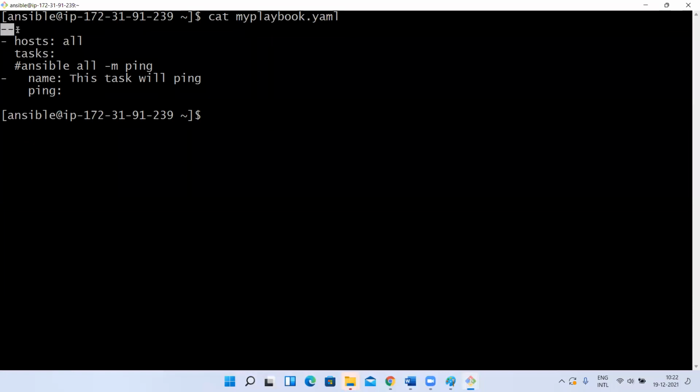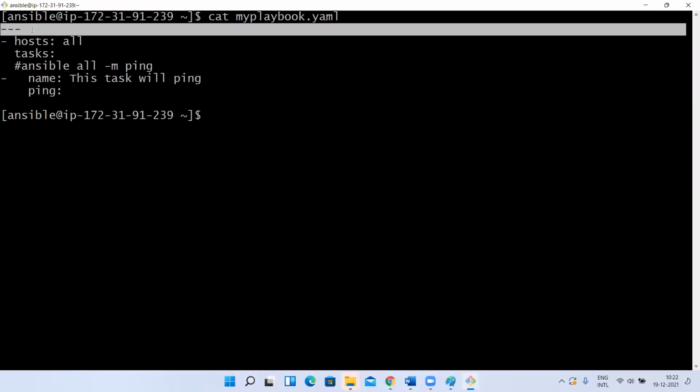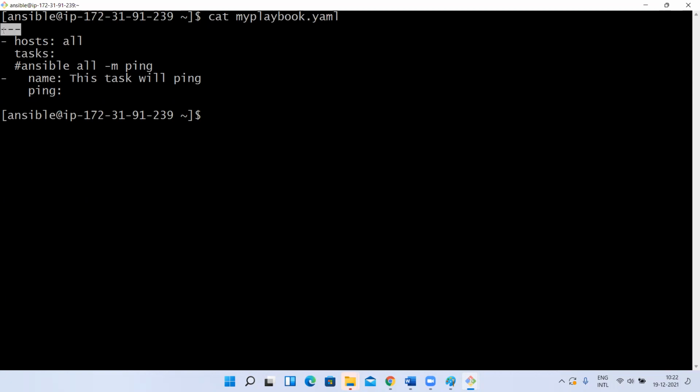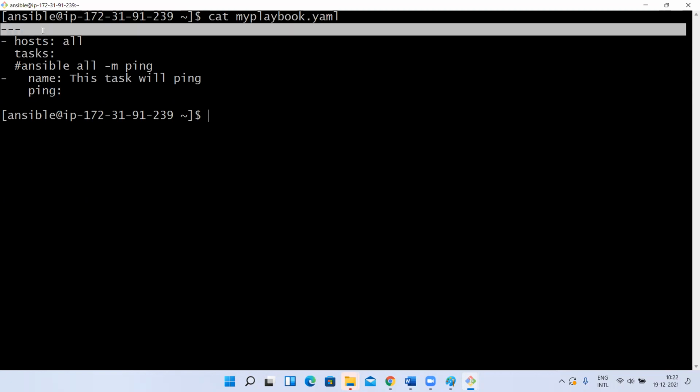Inside the playbook, there are 3 lines. The first line indicates what? This is a YAML file. Like a shebang line in shell scripting, we can write it to indicate this is a YAML file, but this is optional. It is not mandatory. But if you write this, wherever you are, by seeing this they'll understand it is an Ansible YAML file. Kubernetes also we can write this, but we have not written it. But if you want, we can write it.